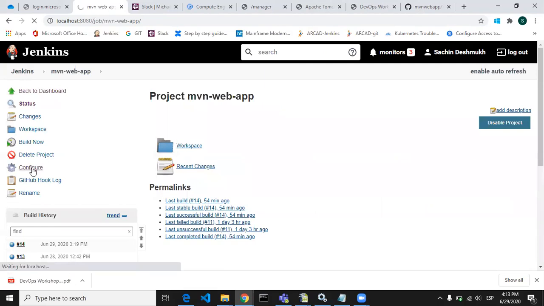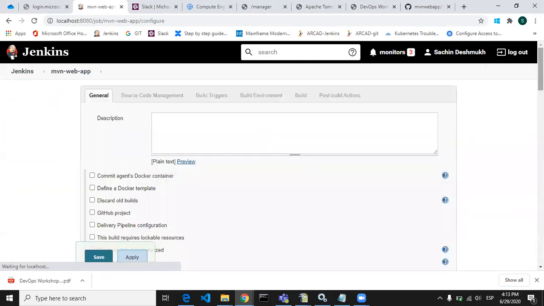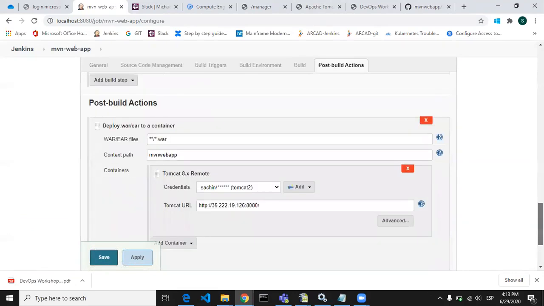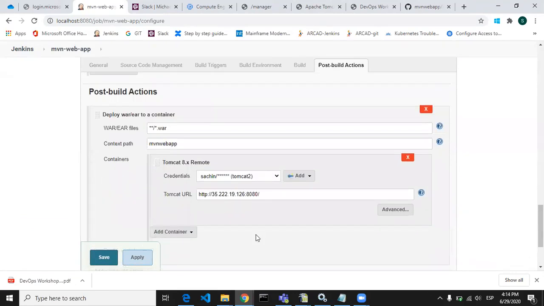So let's go to the configuration instructions again. Here you have to take this action, deploy war/ear to container, and in the WAR/EAR file you have to put **/*.war.